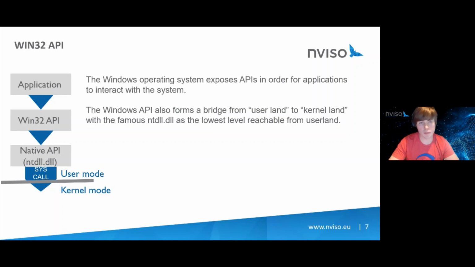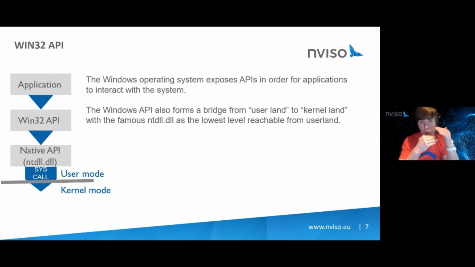So how it works from a quite high level point of view is you have your Win32 API libraries, or DLLs, such as kernel32.dll. And it's basically a precedence order, so it goes from high level to low level. But on the lowest level is actually the ntdll.dll, and that is what bridges user mode and kernel mode together. So you have your Windows operating system, you have the kernel that is running your Windows operating system,